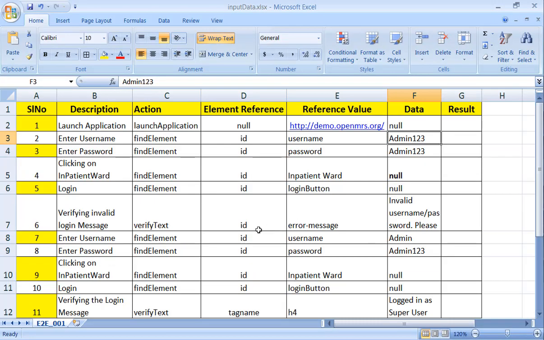If you look into the example here, I have maintained the information of the test case in the Excel in different columns.